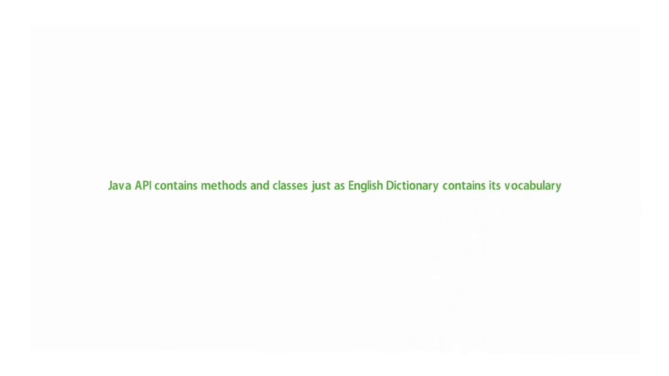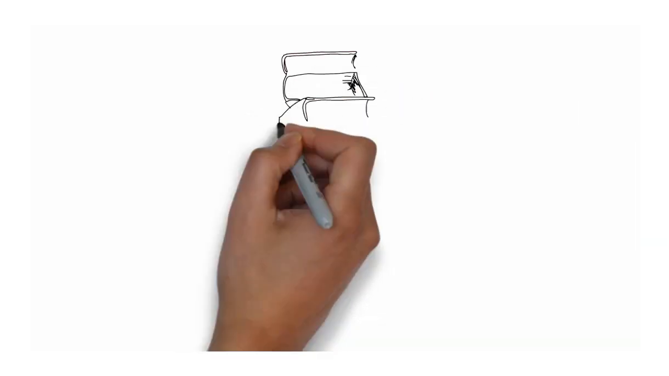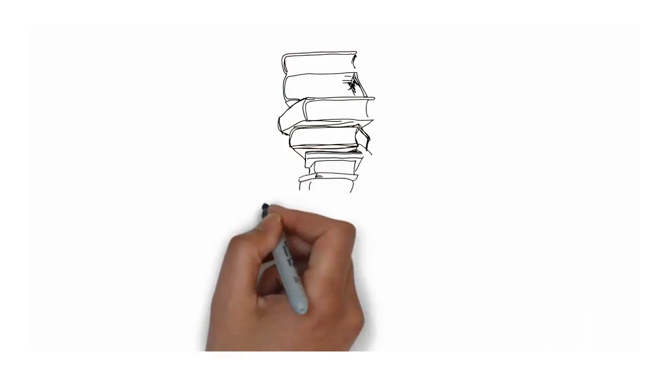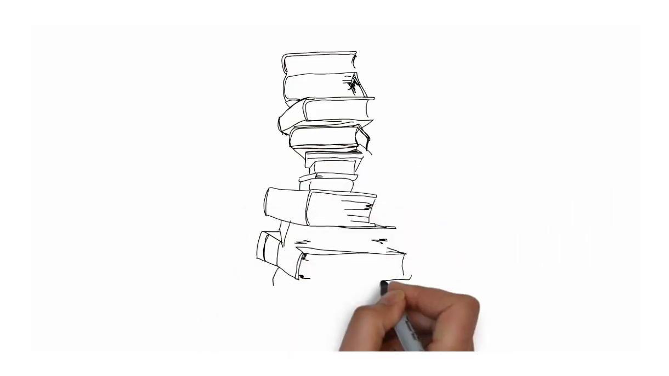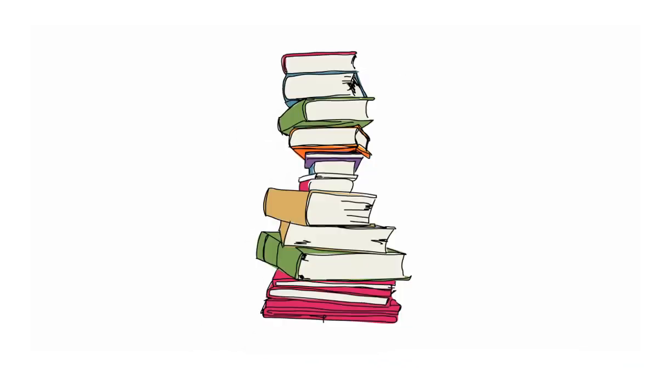I'm just stringing the words together to make sense. And these words are found in what you call a dictionary. So if I want to find any English word, I just have to go into the dictionary. You can see it that way. The API is just a Java dictionary. So if I need to create any program, I just take the Java dictionary, which is called the API, and